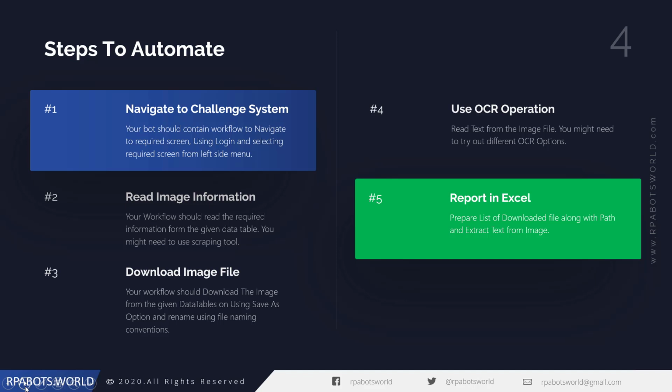So you need to capture the path of the image from the given table, and then you need to download the image file and save it into your local directory. While saving the image file, you need to ensure that you rename it using the system date. So say, for example, you are downloading this file today, your file name should be renamed with the image ID appended